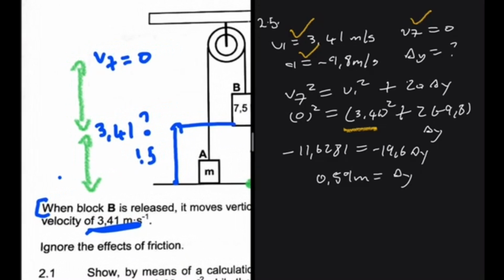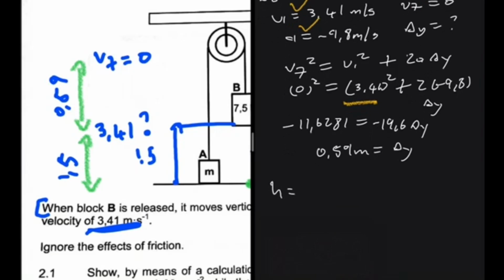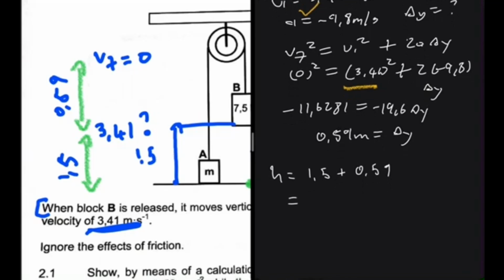So here we have 1.5, and then here we have 0.59. So our height above ground is 1.5 plus 0.59. Right, that will be our height. That is equal to